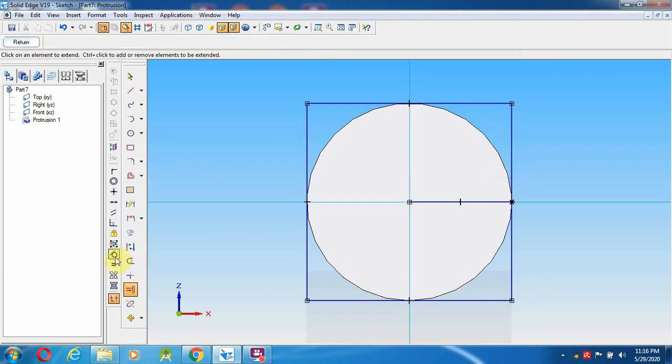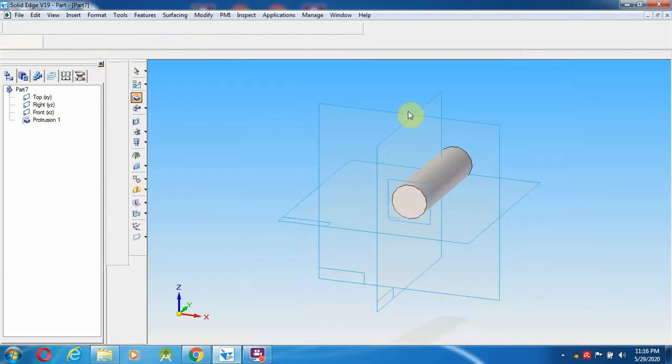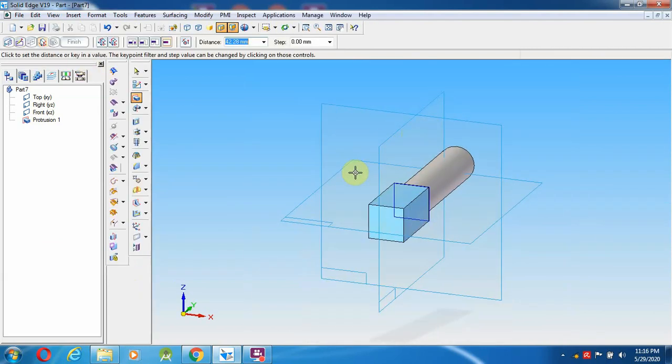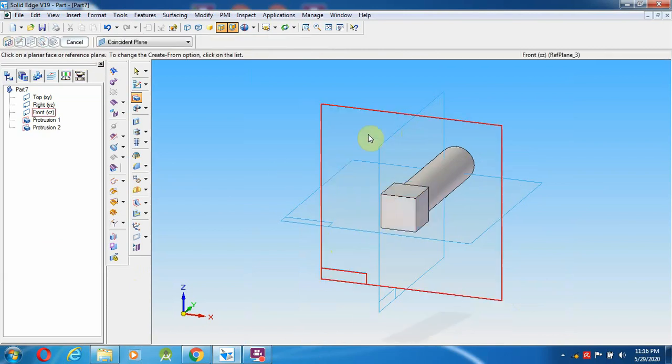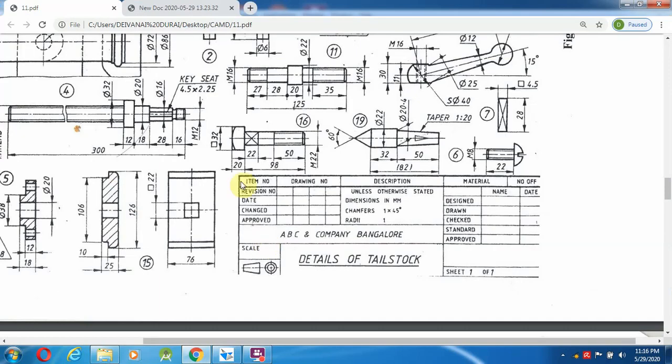Trim, return. So this you have to make up to 22 mm distance, because the depth they have given is 22 mm depth in the drawing sheet. Again, how to make the 20 mm depth of square 32 mm.